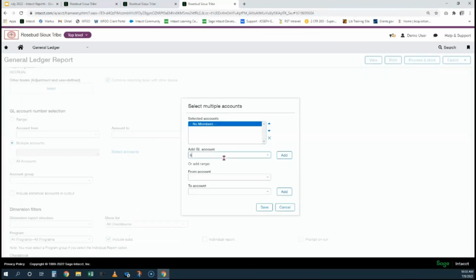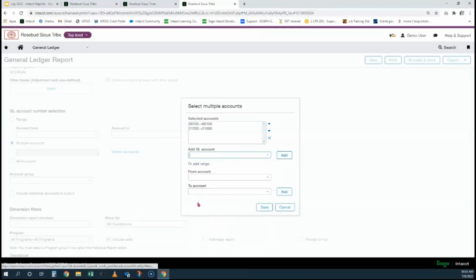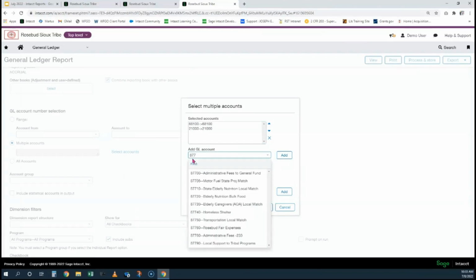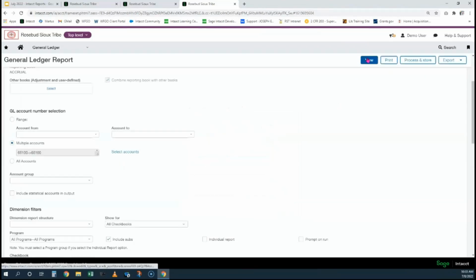We wanted to select our utilities, our accounts payable, and I don't remember what that account number was. Rosebud Fair expenses. So we've got all three of those selected. We don't want a whole bunch of other accounts or just one single one. We can make that selection, rerun the report,